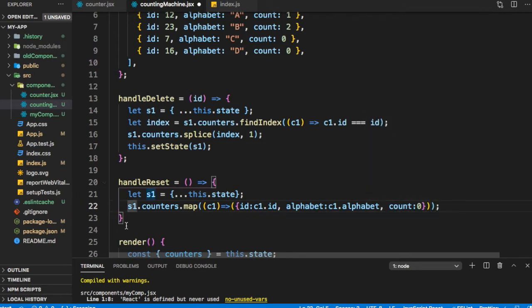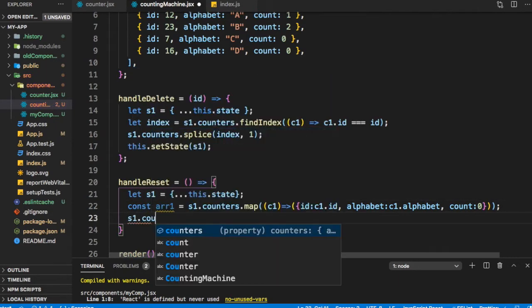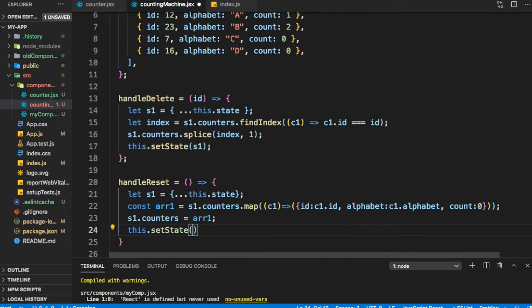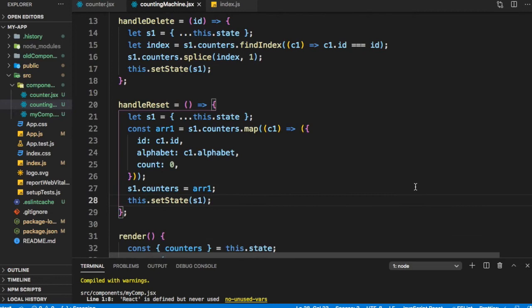And let's assign it to, say, const arr1. Let's update the counters in s1. s1.counters is equal to arr1, and this.setState(s1). So we have now updated the state.